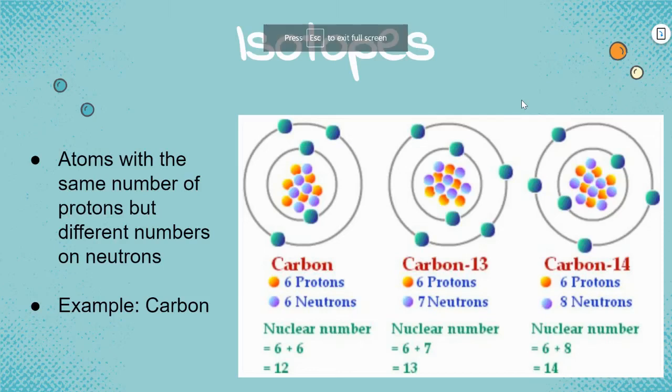And so now let's talk about isotopes. When we were learning about what is chemistry during the second day of class, one of the things it mentioned that you might have to do in order to be successful is to memorize, right? So this is one of those things where you'll have to memorize this definition, because it's a definition. The definition for isotopes is just atoms with the same number of protons but different number of